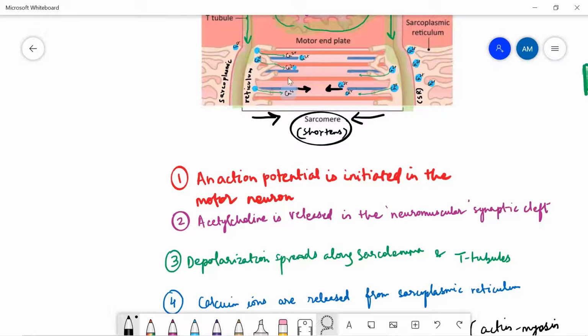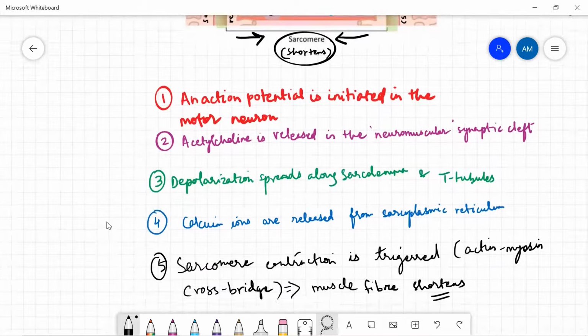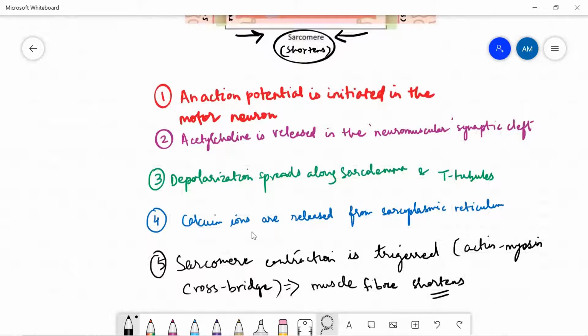What is there in the cytoplasm? In the cytoplasm are the actin and myosin filaments arranged in a myofibril. So the myofibril's sarcomere immediately comes in contact with the calcium ion. And in the next stage, I'm going to tell you how the calcium ion helps the sarcomere to shorten, because the fourth function is calcium ion release from the sarcoplasmic reticulum, and the next event that happens is